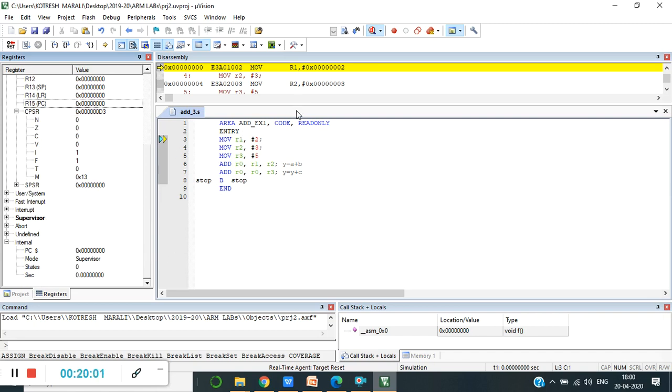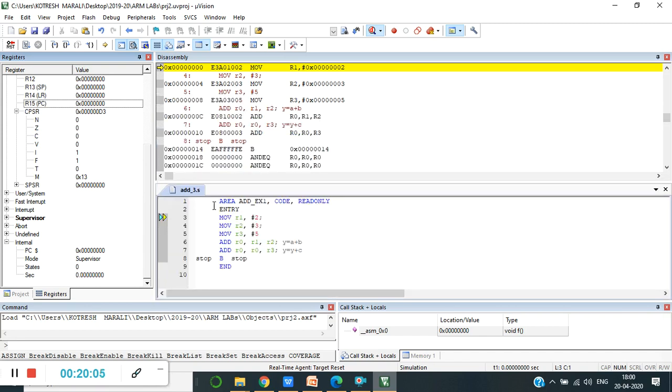And now here we have the disassembled code. I told you this should be the address of my instruction. So look at this, 0x00000000 is the address of my first instruction, MOV R1 comma immediate data 02.